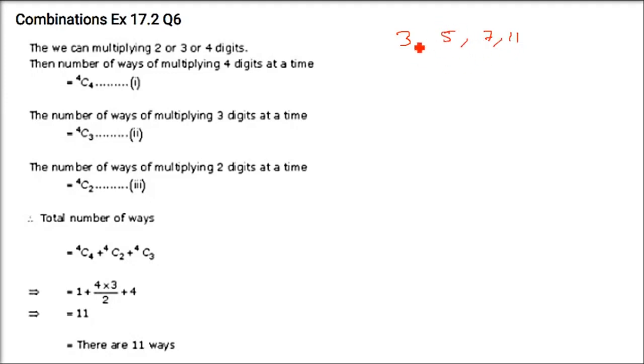So we have to multiply 2 of these, 3 of these, 4 of these, because it is 2 or more numbers. So just assume 5 into 3 multiplying. Then you multiply 5 into 3 into 7, like this, and without repetition. So it is 2 or more. So if it is 2 and more, you can have 2 numbers at a time, 3 numbers at a time, and 4 numbers at a time. So if these are 4 numbers, in this 4 you can select all of them, multiply them together.